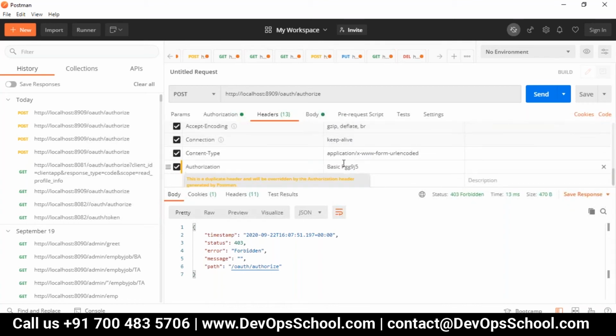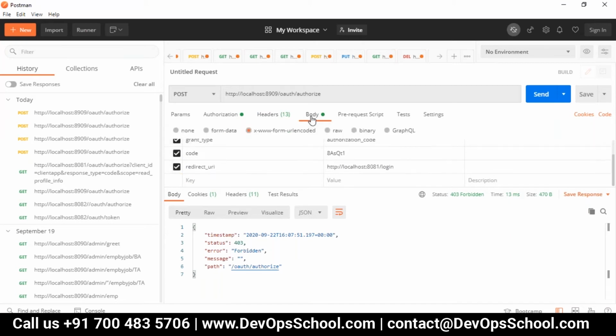Content type and the authorization. Yes, after that the body, and here also the code should be changed.